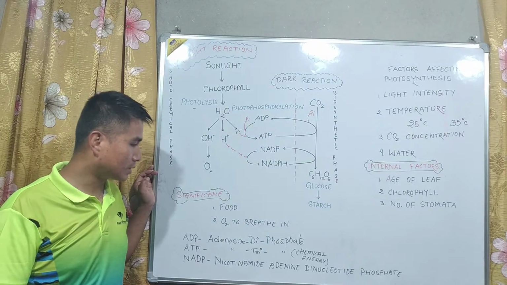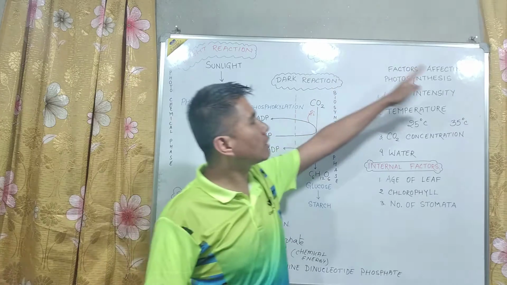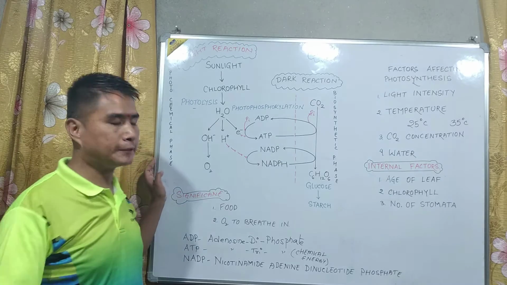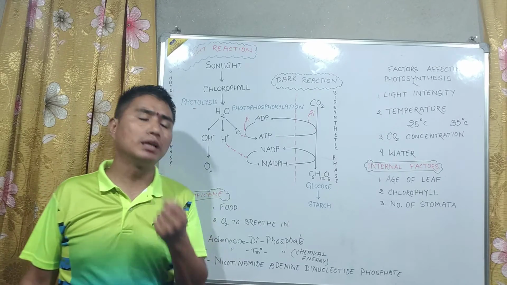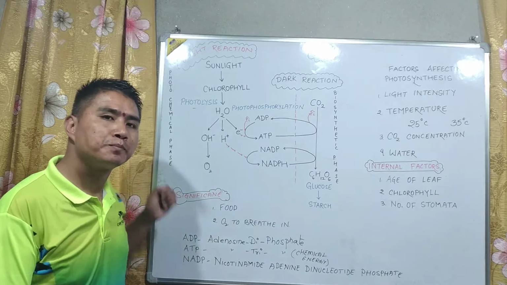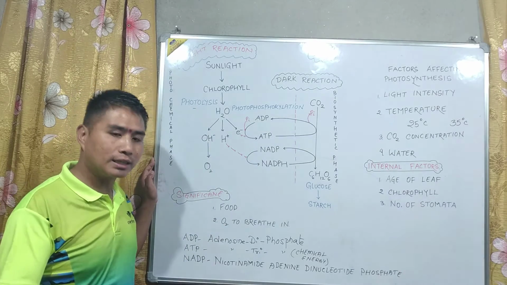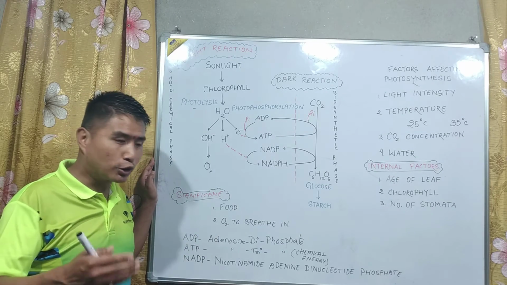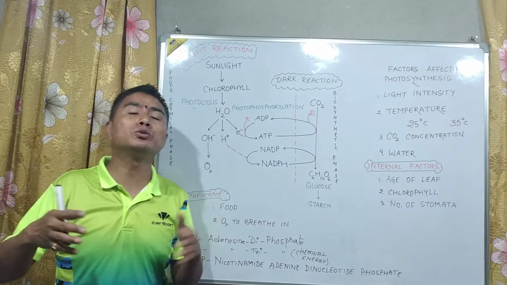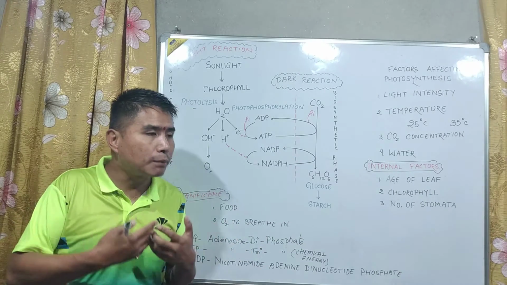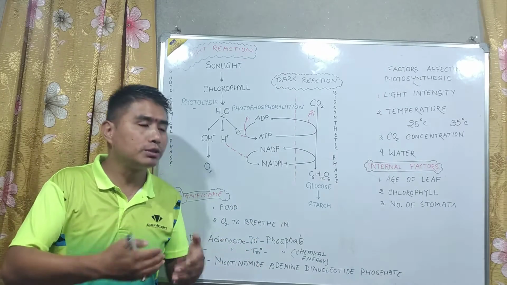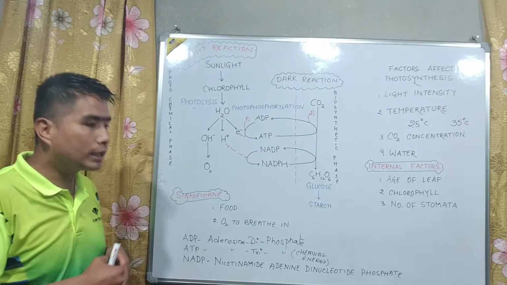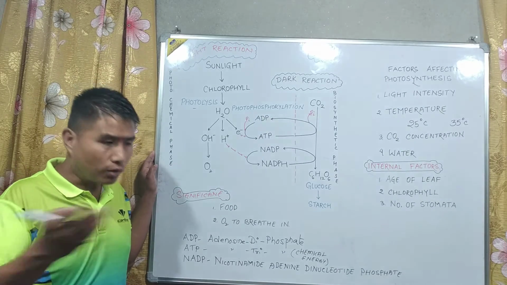It's very important. Next is factors affecting photosynthesis. Very simple, just like factors affecting your studies. There are various factors that affect your studies. For example, one is the mobile phone, isn't it? You are studying and the phone rings. You are affected. Number two, the ambience, the room. If the room is very small and you are sharing it with someone, or you don't have a proper place to study, or your house is very near a noisy place, a bus stand or a railway station, or you don't have your own room, all these things matter.